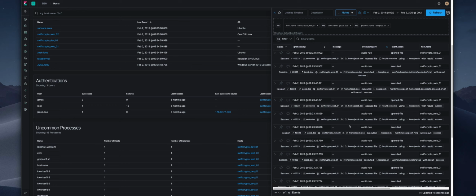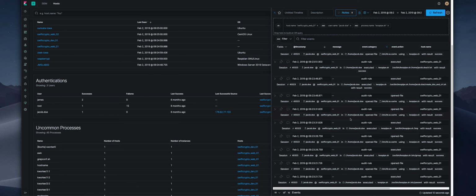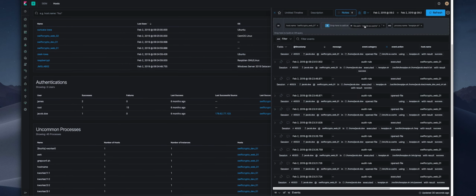With the 10 events, this is basically within my comprehension level. I definitely understand or have a better picture of what this user is actually doing on the server in this particular time window, right? If there is any white noise you want to get rid of, for example, the library caching file, you really don't want to see that in your timeline, you can actually drag and drop that into